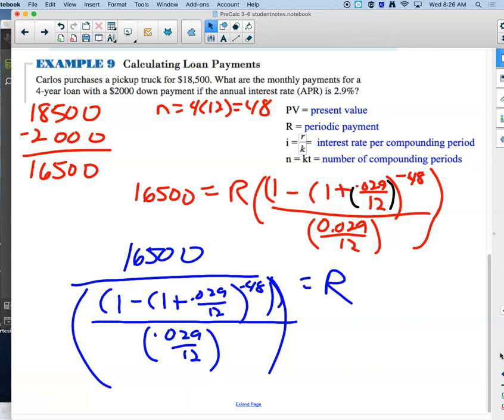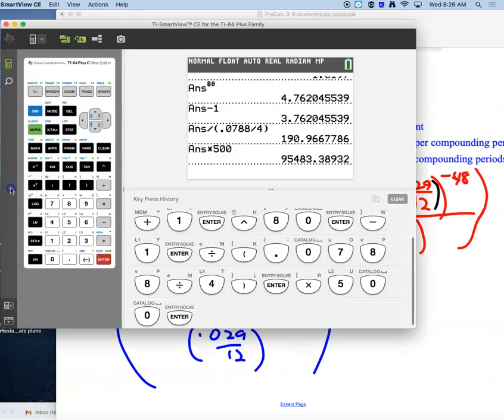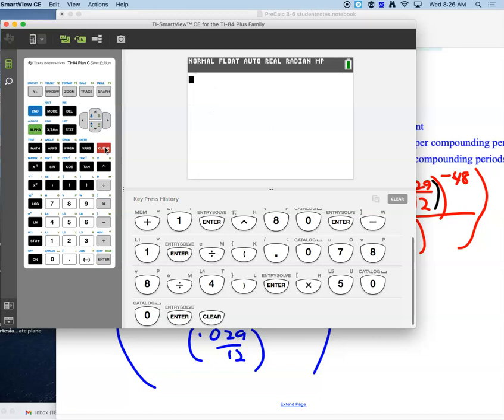So I'm still going to start all of my punching in over here on the right-hand side. But when I get done with the right-hand side, I'm going to take 16,500 and divide it by that answer. So away we go. Make sure I've got all the numbers sitting in front of me right here. Clear out what we had before. So this one would start at 0.029